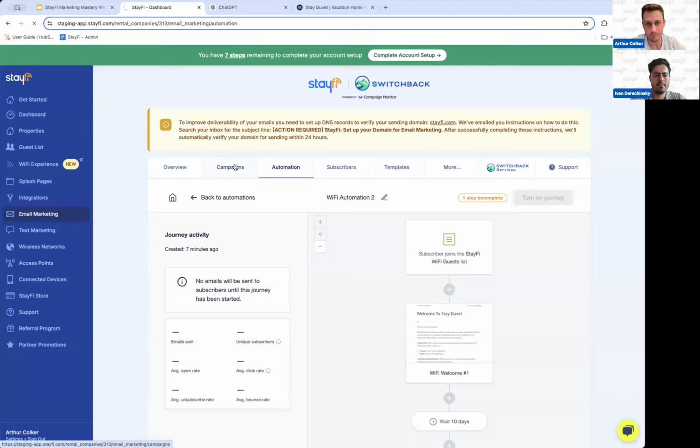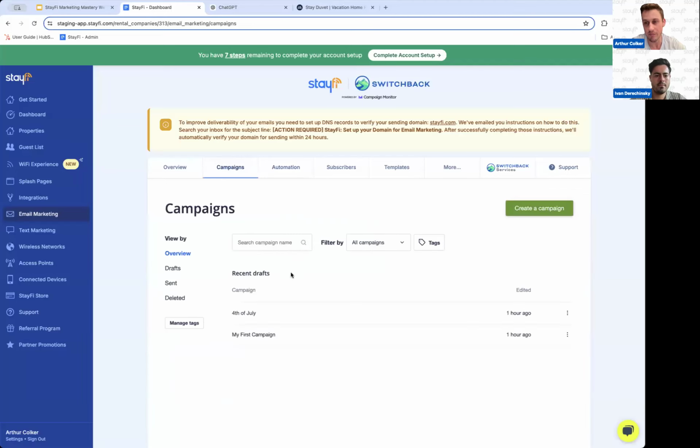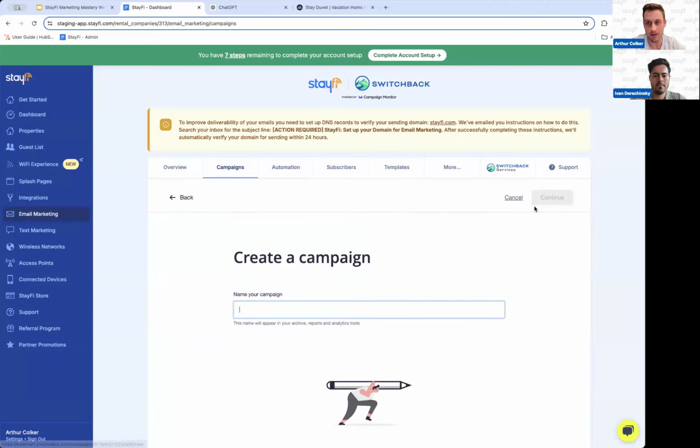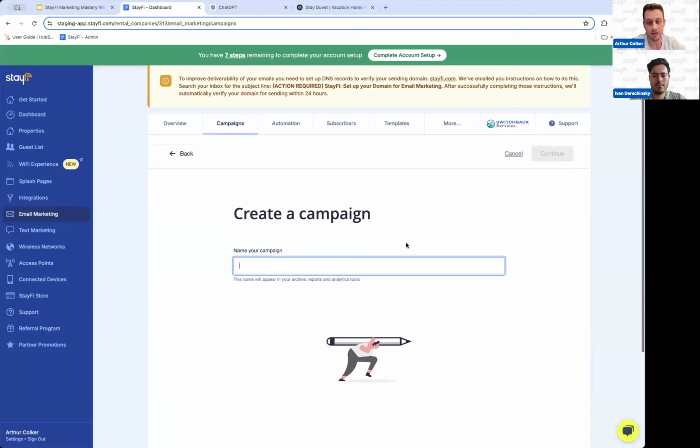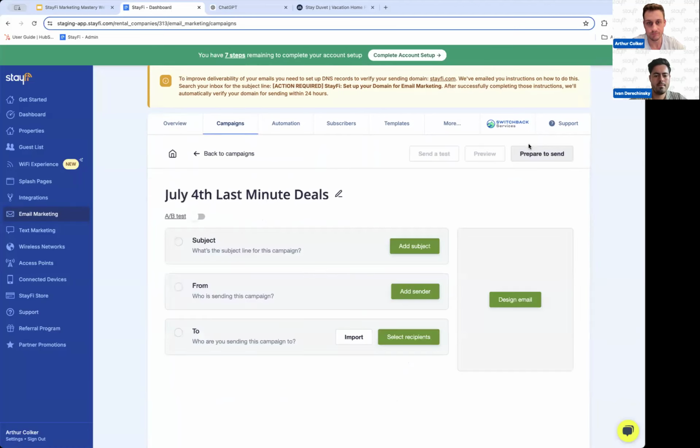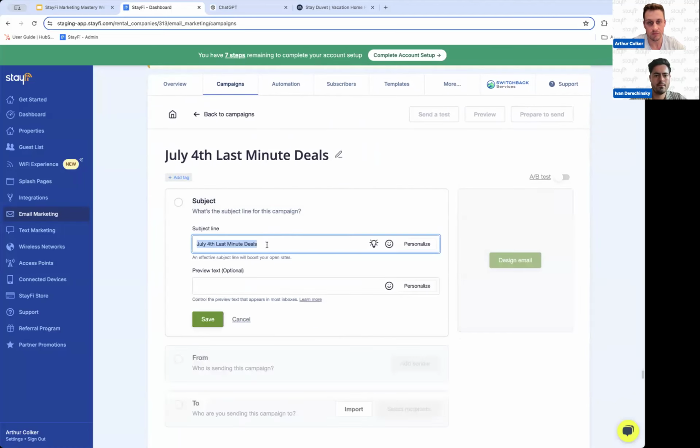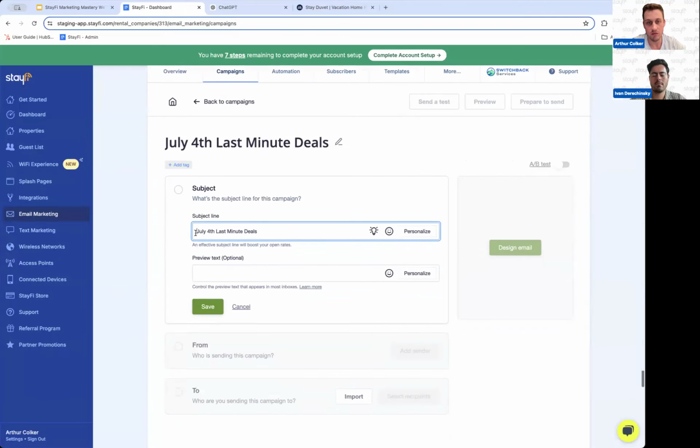And in here, I want to send this campaign to all the data that I have. So I'm going to start with create a campaign. I'm going to call this July 4th, last minute deals. Now here, when it comes to building a subject line, one thing that can be good to increase open rates is to add personalization. So here I can say first name,